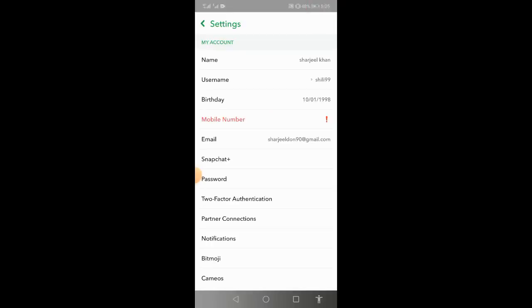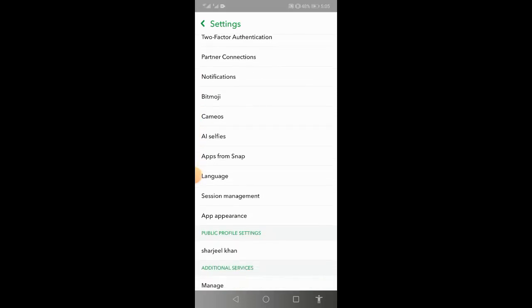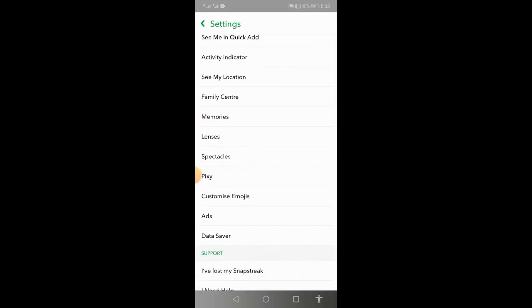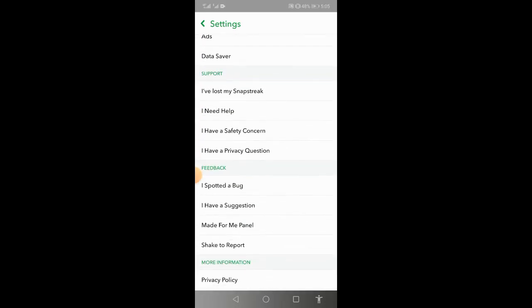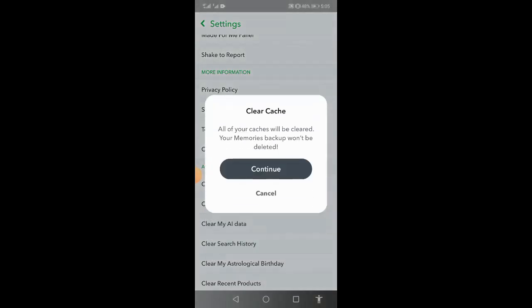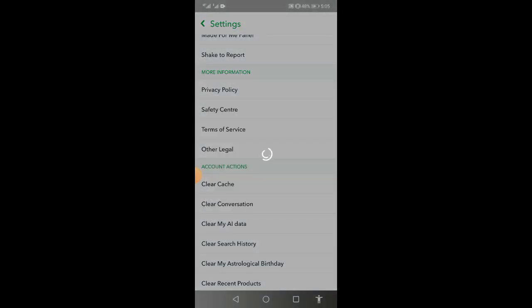So go to profile icon and settings and scroll down to find data cache. So when you find data cache, it will be there. Yes, so click to clear cache and continue. It will clear all the extra data burden on your phone. So you have to go back